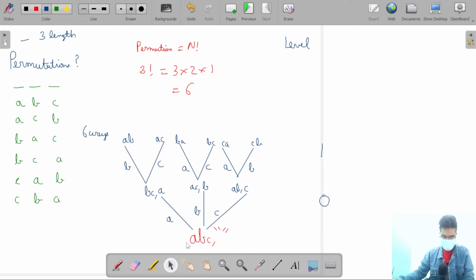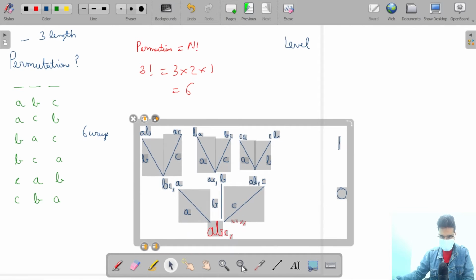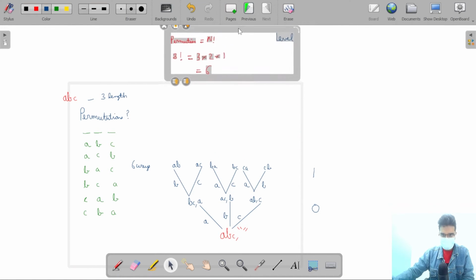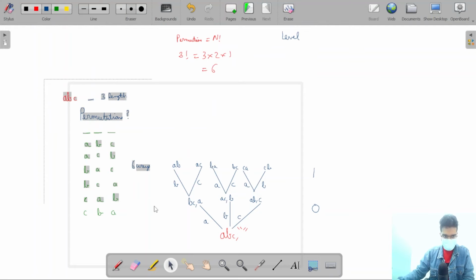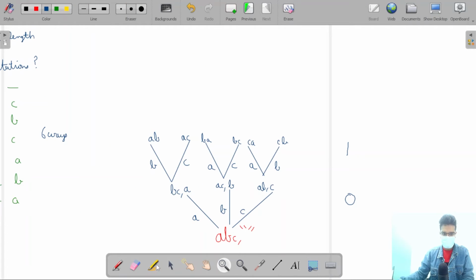I'm gonna create some space for better visibility. And give me a second. Yeah, I hope it is visible. Right. Now